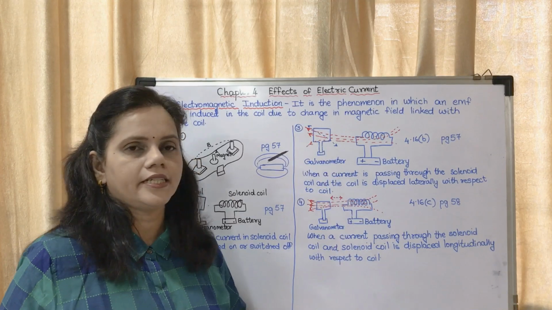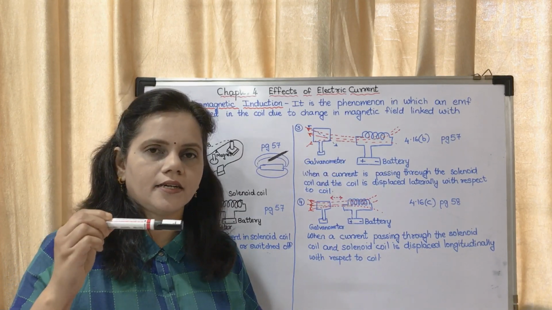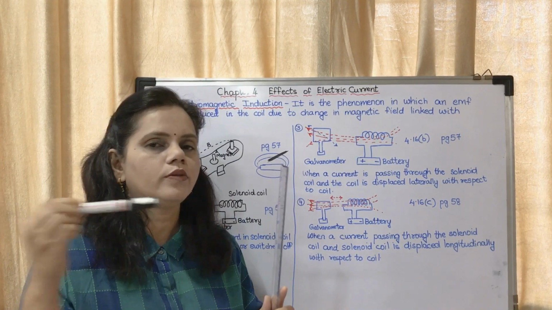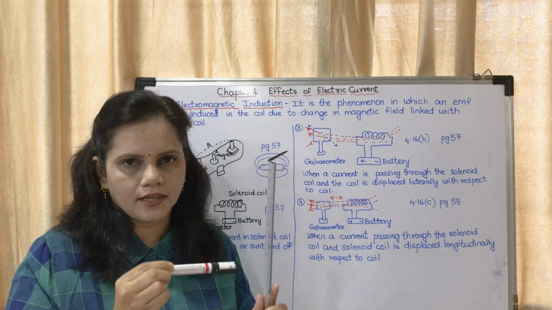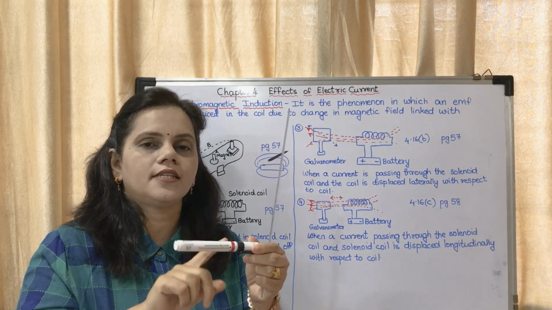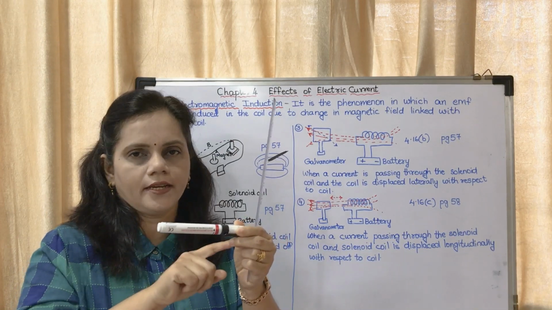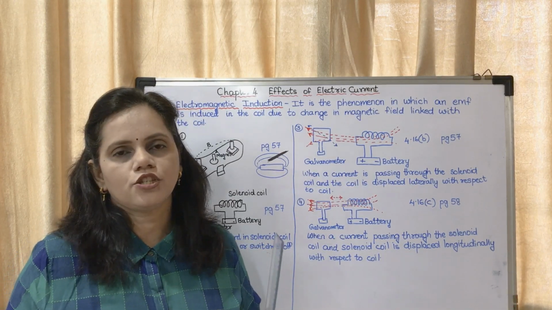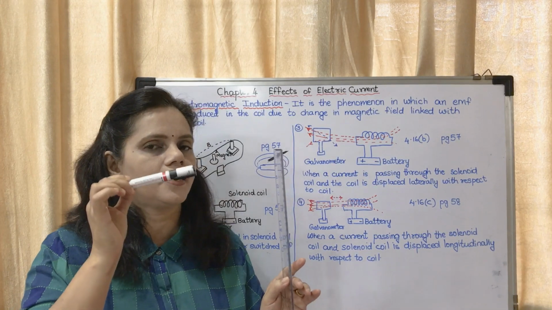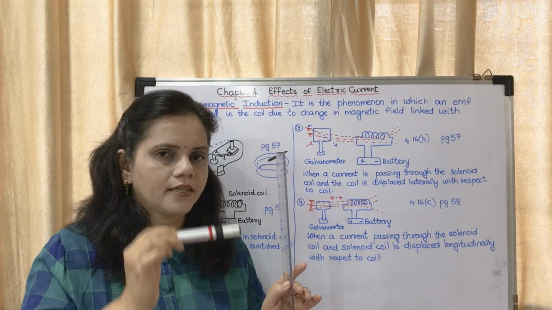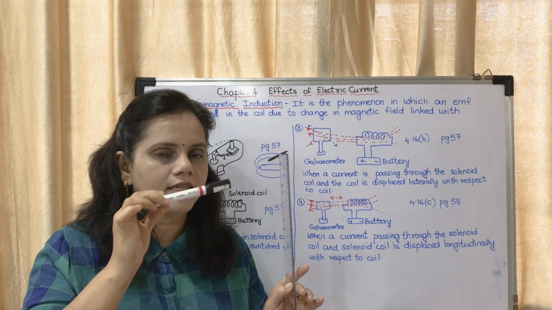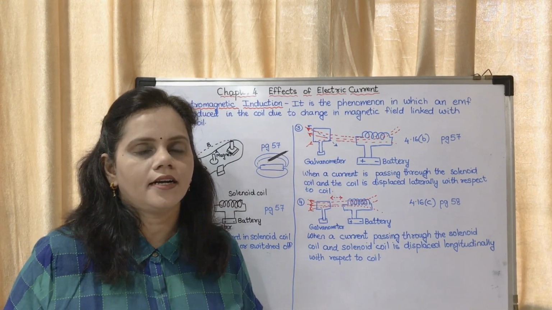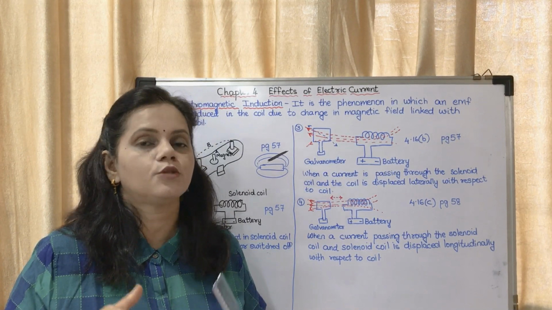Now in all these conditions, what is happening? There is a conductor, okay, and there is a magnetic field. In the magnetic field, if you are moving the conductor, then what will happen? The electrons in the conductor will start moving. Just accept it as a story. There is a magnetic field, there is a conductor. If you are moving the conductor, then the electrons in the conductor will start moving and current is generated in the conductor. Current is generated means current is produced.